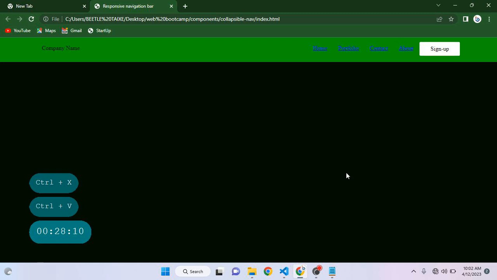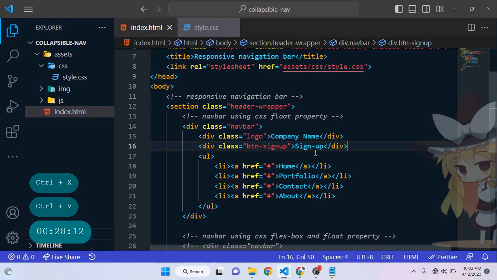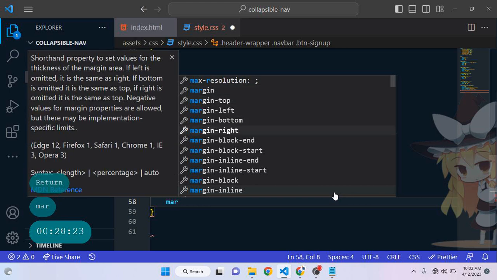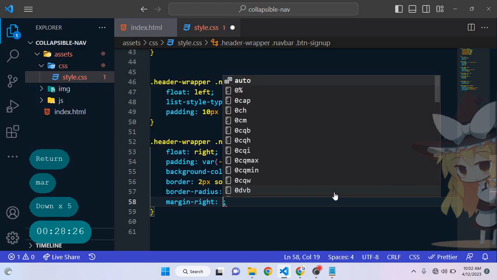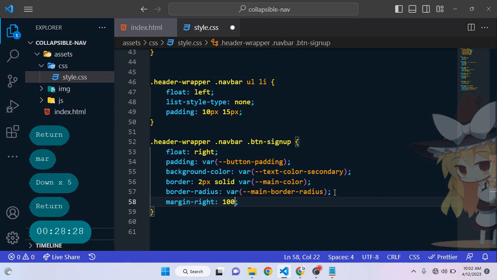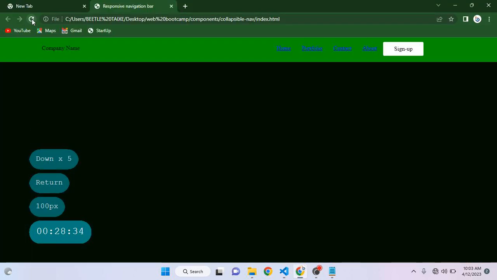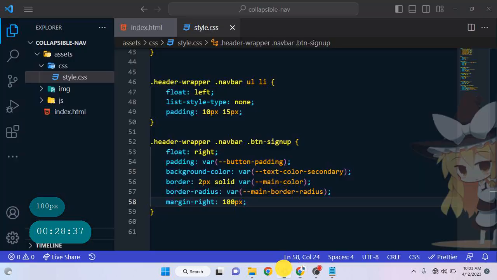correct itself. Nice one. Okay, so I want to have a space between this sign up and the UL tag. So what will I do? I can just go to my sign up button here. I want to add a margin to it, margin right, just to create a space between them. So margin right should be, let's say, 100px. Oh no, I need left. Okay, nice one. Now can you see that it's actually looking nice, but this blue color is not going well